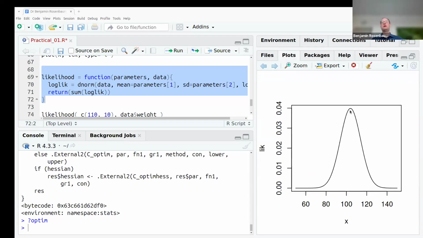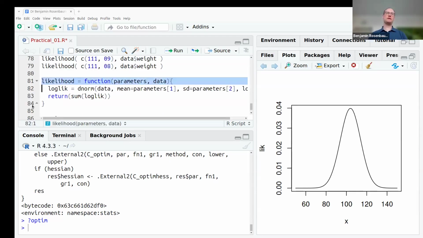So the algorithm in each step checks if this maximum is reached by saying, okay, here in the peak, the derivative is equal to 0. Right? There's no slope. Here's a positive slope, here's a negative slope, but in between, in the maximum, there's a 0 slope. This is actually the mathematical condition for being an optimum, that the derivative is 0, and the algorithm checks that. Yes, we want to hand this over to the optim function,